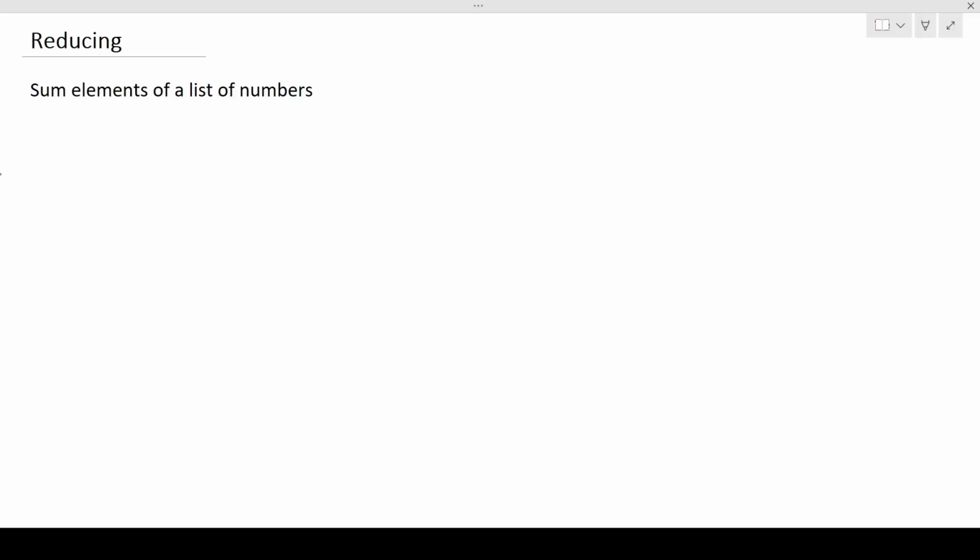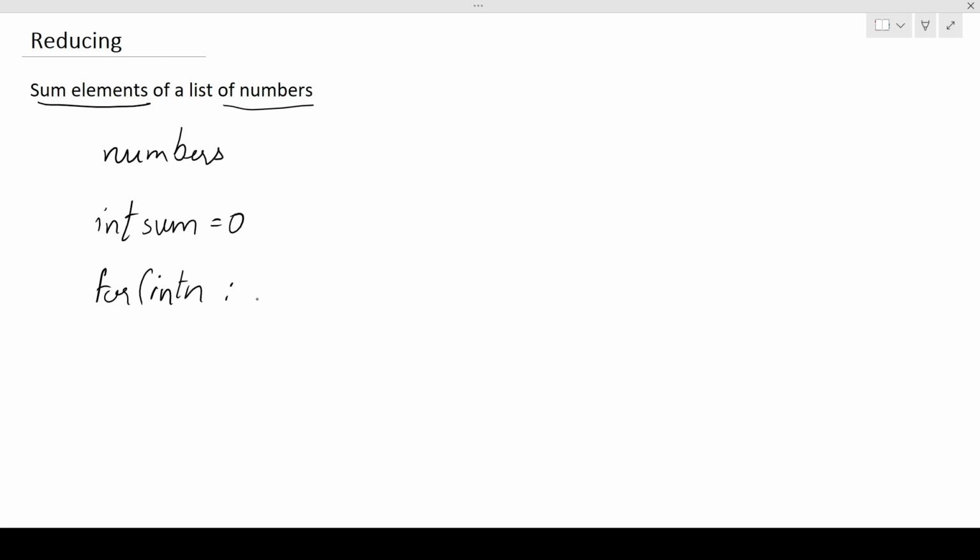What is reducing? Suppose we have a use case wherein we have to sum the elements of a list of numbers. So we have some list of numbers, and consider this is the variable name. How do we do it generally with a for each loop? We will instantiate some variable for storing the sum value as 0, and then we usually write a for each loop: for each integer n in this numbers,